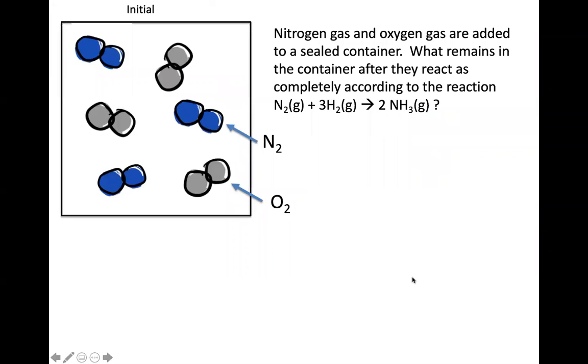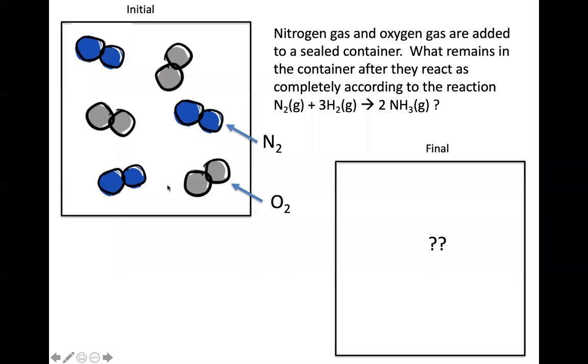Let's look at this one. So here I showed the reaction. Nitrogen gas and hydrogen gas to form NH3. I keep calling these nitrogen gas, hydrogen gas, because when they're found as the element, as a gas, it's a diatomic molecule. That's why I see N2 and H2. So let's say this is what I had in the container beforehand. What would be in the container afterwards? Can you use the balanced equation to see what you'll end up with at the particle level afterwards?